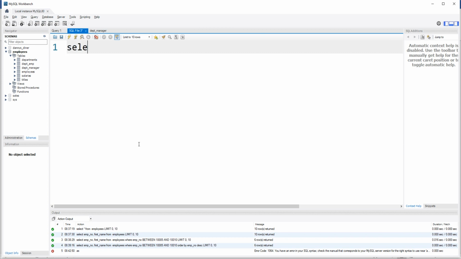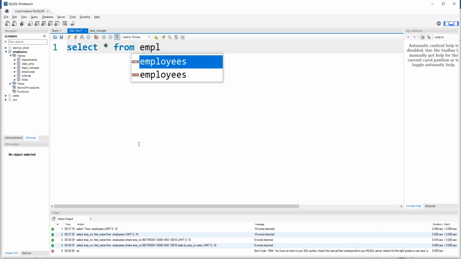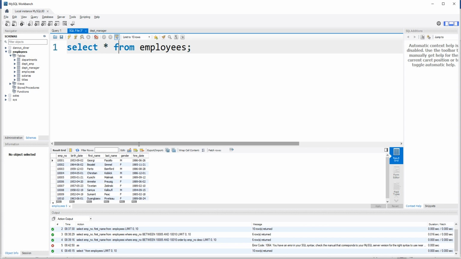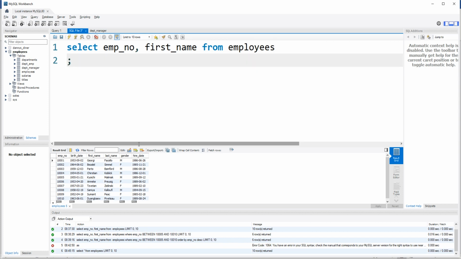Suppose I have a table named employees. I only want to see two columns here, employee number and first name. And I also want to see that the employee numbers are between 10005 and 10010. So I will specify the condition here using the between operator where